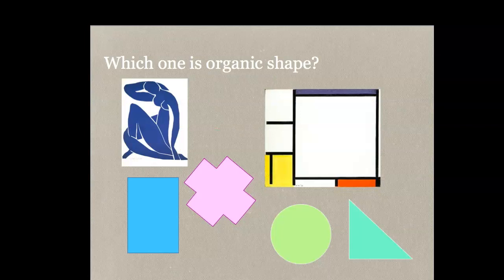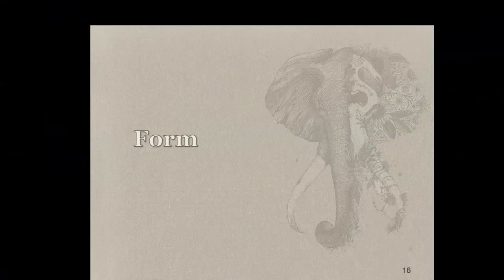Which one here is what you would call an organic shape? Ding, ding, ding. Hopefully you all pointed out Matisse's Blue Woman. All right. Form. So again, the way this progresses, the way I like to think that it progresses, if a